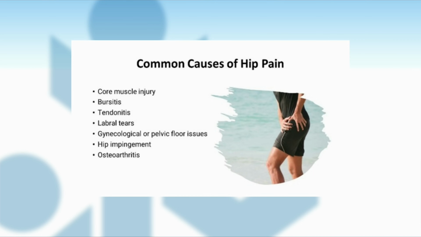So what are some causes of hip pain? Well, we can break them down into different age groups. The most common thing that we see in a younger patient population will be something like a hip labral tear. In older populations, it becomes things like hip trochanteric bursitis or a gluteus medius tear, which are some of the muscles on the side of the hip. And then hip arthritis is a very, very common one as well.